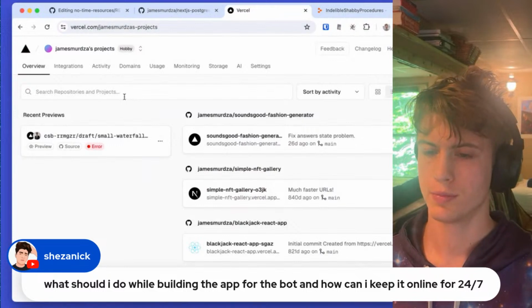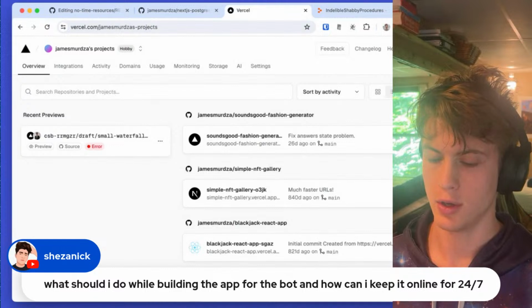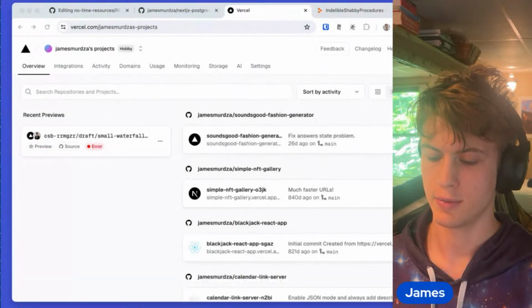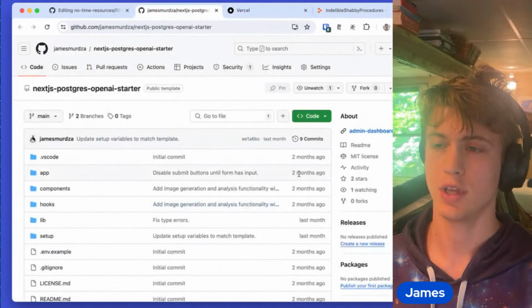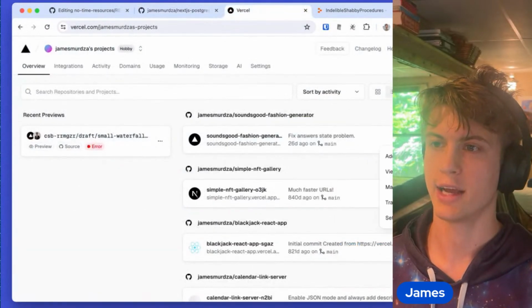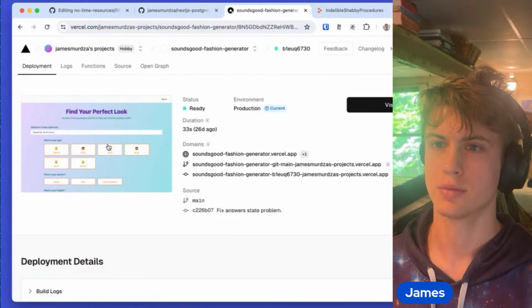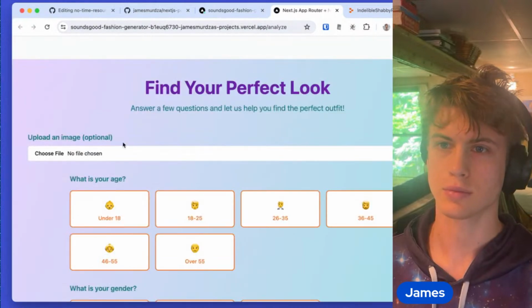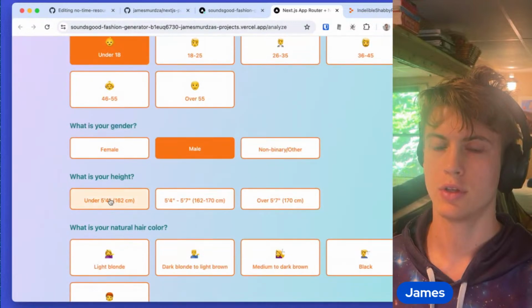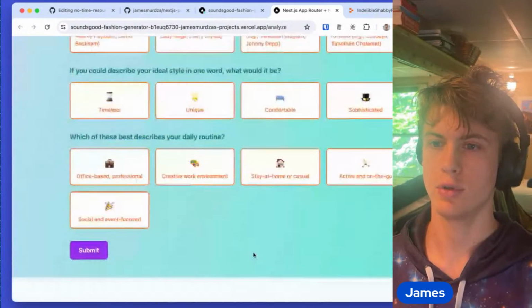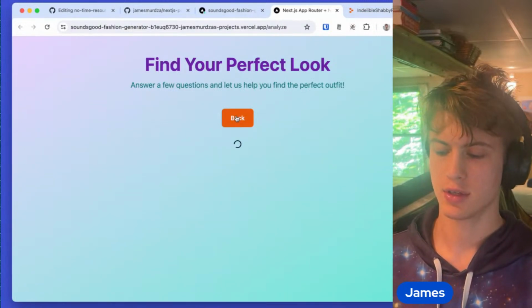Same thing with Vercel. Vercel is going to be more effort because you have to actually download the source code and then host it. But I'll show you something that we made based off of this template in the last hackathon. Hopefully it still works. Yeah, it's an app where you can give some suggestions on what kind of look you want to have, and then when you click submit, it's going to generate a